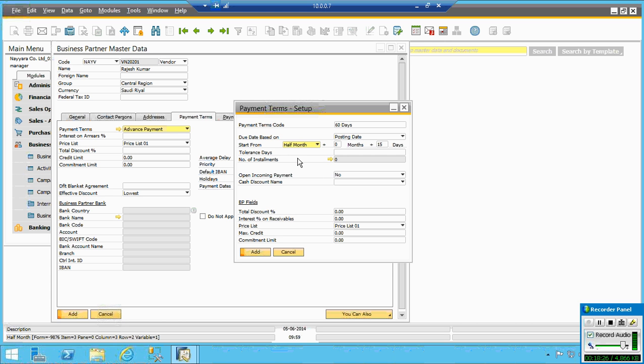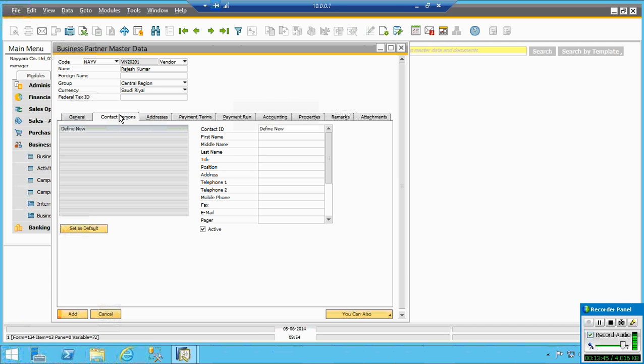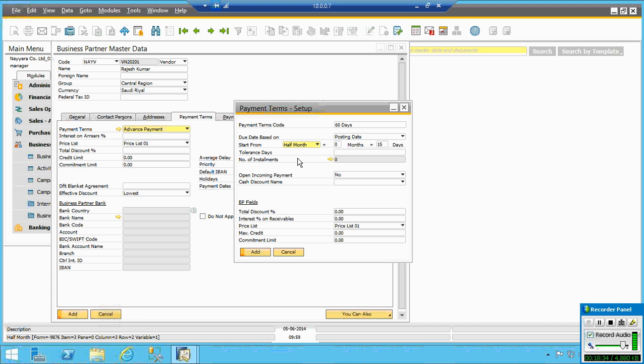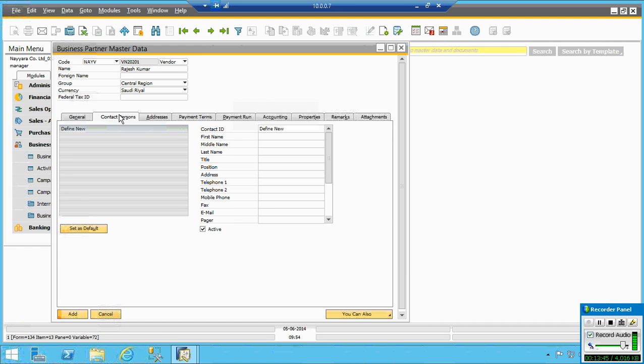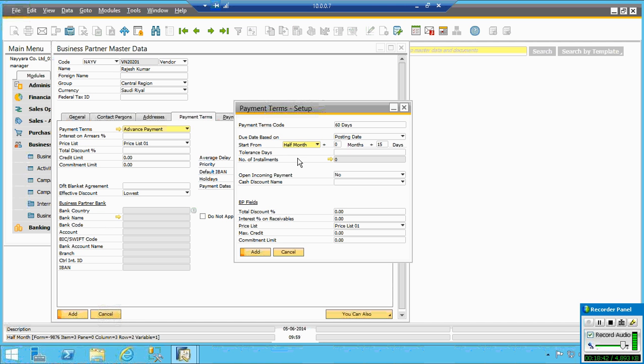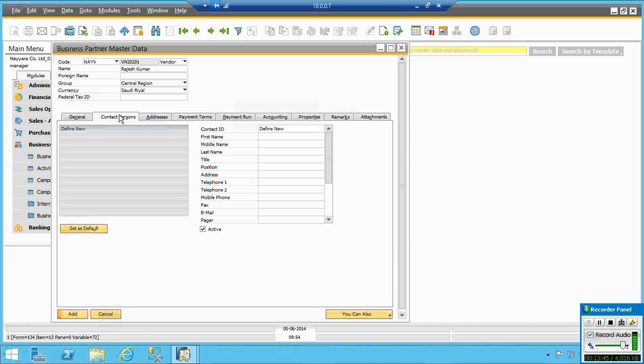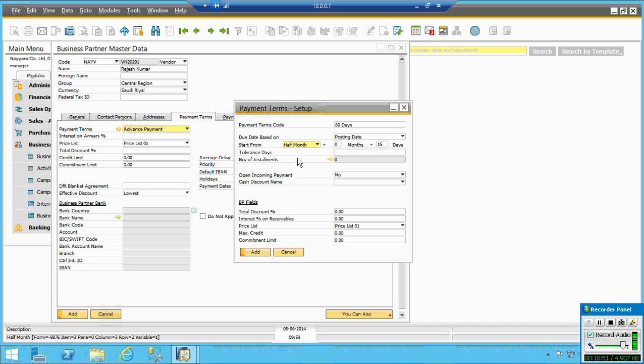Half month. After the month end, the system regularly starts creating documents with the customer's half. That means if I create a document on or before the first, it will take the 15th. And if I create anything after the 15th, it will take the first, automatically. So if I say half month and I create a document today, the system will start counting 15 days plus 15 documents. So the due date will be 13. Clear?